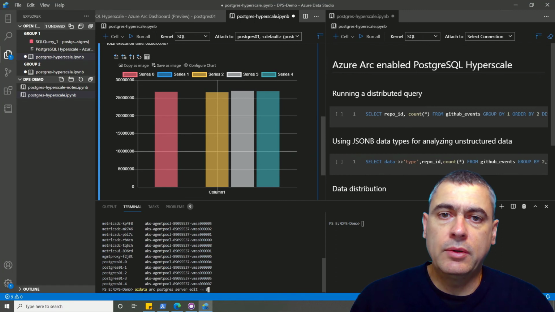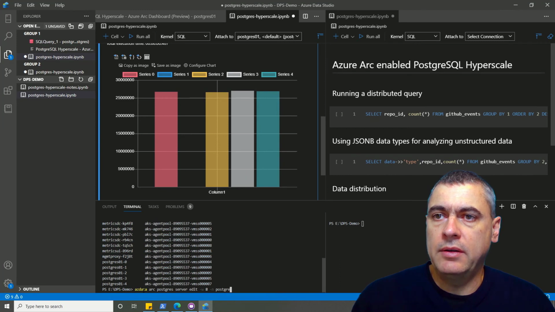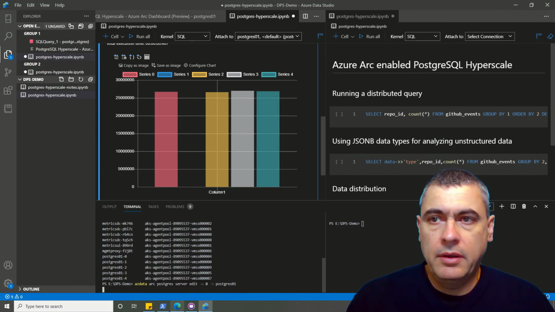-w8. -w is a parameter that indicates the number of nodes we want to scale out to, and I indicate the name of the instance I want to scale. So Postgres 01. Right, I run this command,